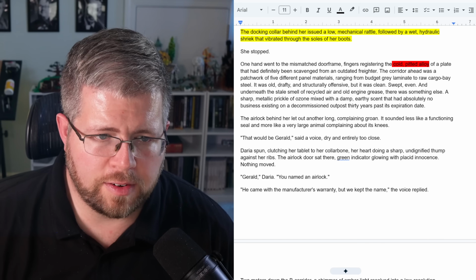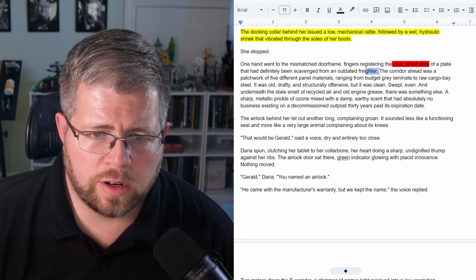Of a plate that had definitely been scavenged from an outdated freighter. The corridor ahead was a patchwork of